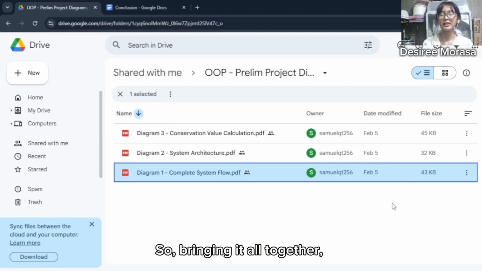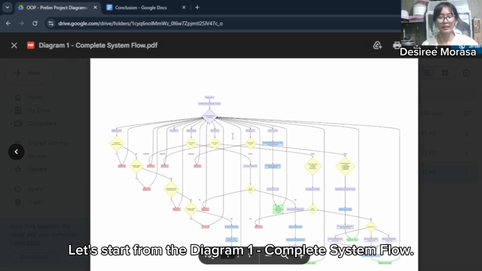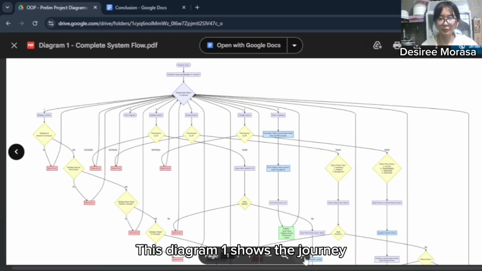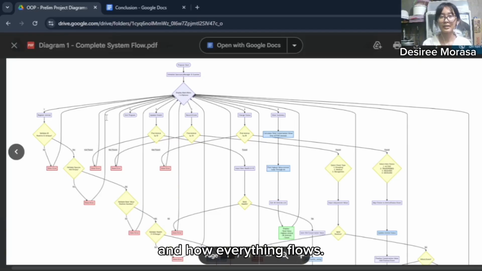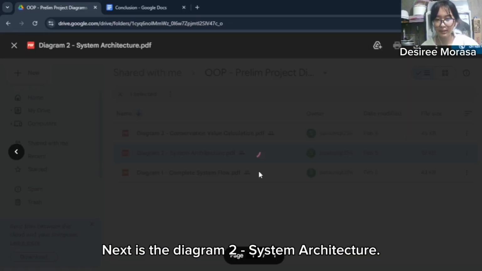So bringing it all together, we have here the three diagrams, and these diagrams work together to tell a complete story. Let's start from diagram 1, the complete system flow. This diagram shows the user journey, how people interact with the system, how validation protects the data, and how everything flows. Next one is the diagram system architecture.